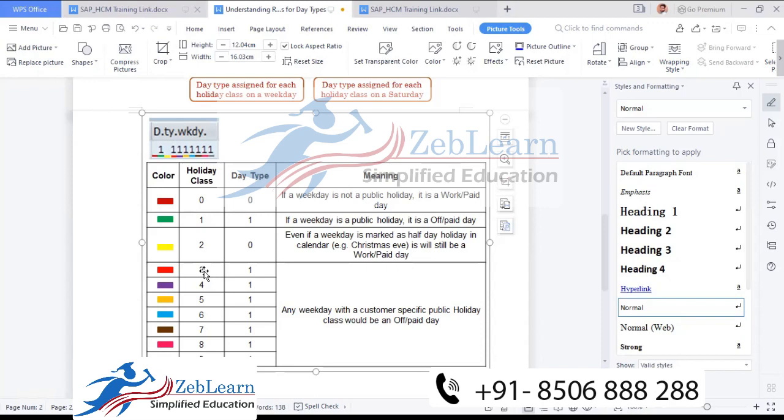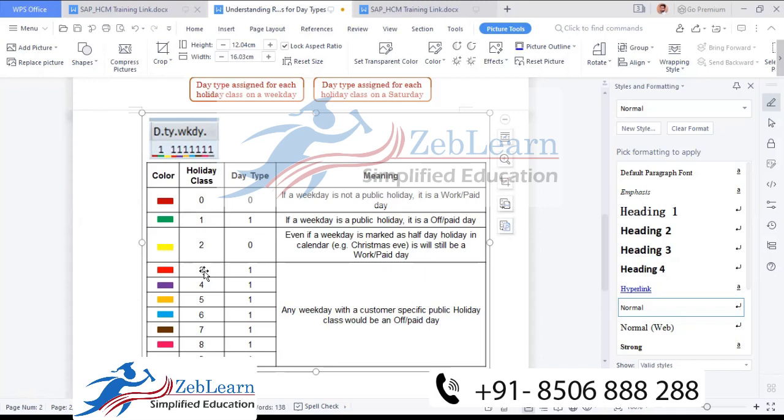So now TCS decided to give 16 August as a customer specific holiday, the mental wellness day. For that purpose, you need to create the holiday on 16 August. There is no standard holiday like that, 16 August mental wellness day. Your company decides to give the holiday, so one day it will celebrate mental wellness day.